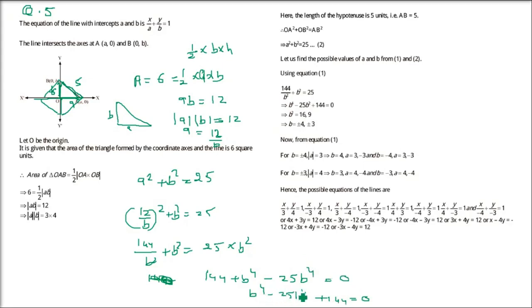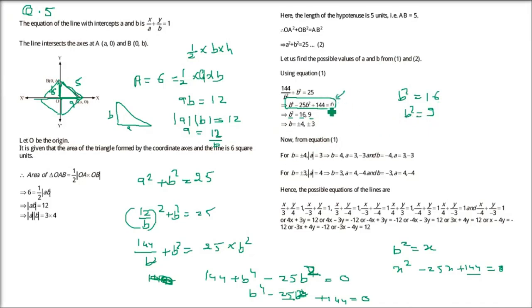Now when we take 16 and 9, this is square. So we can factor it. We'll use 16 and 9, and the factors will be 16 and 9. So B square will come as, because our x is B square here, B square equals 16 and B square equals 9. I hope you'll be able to solve this quadratic equation. We have done a lot. So B square equals x, and you get x square minus 25x plus 144. This is also how you can solve it. You can put B square as x, and then solve it. This is a better way to solve.